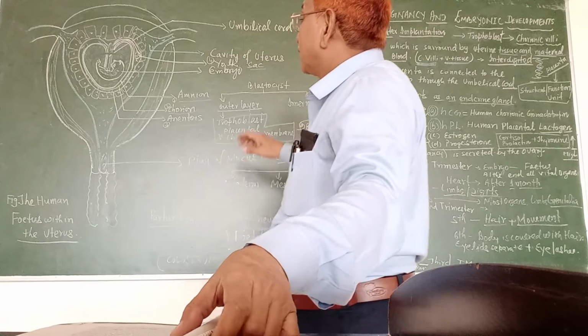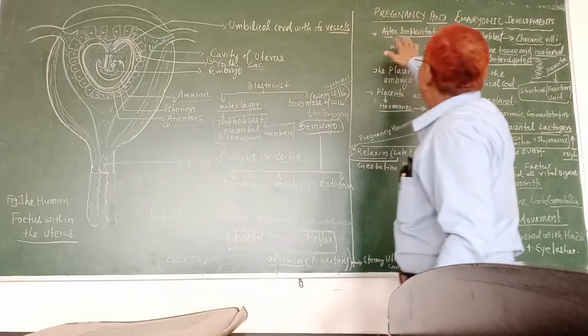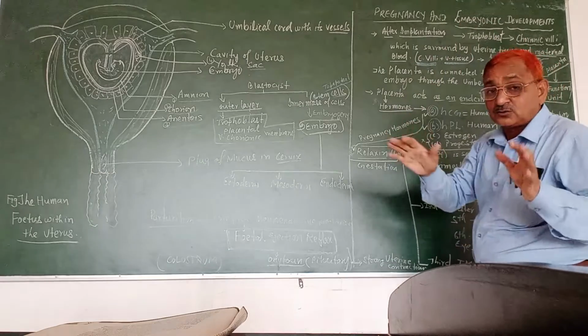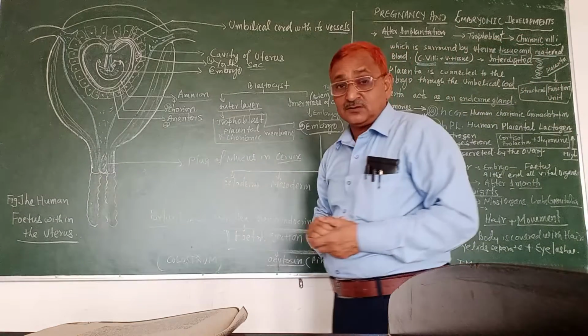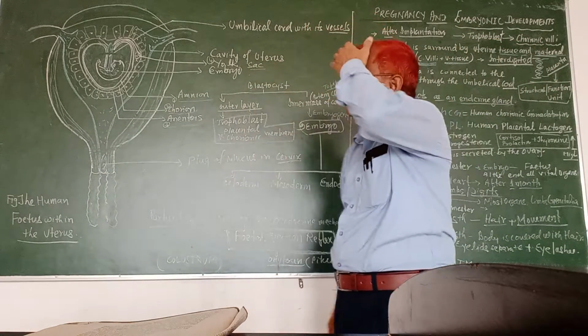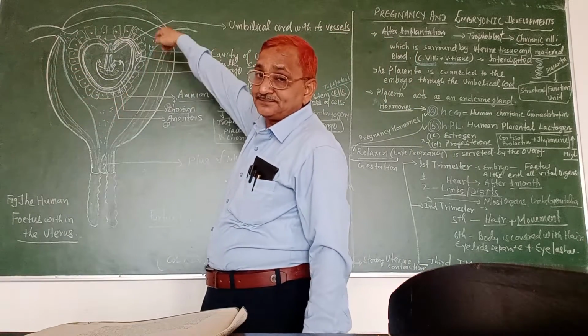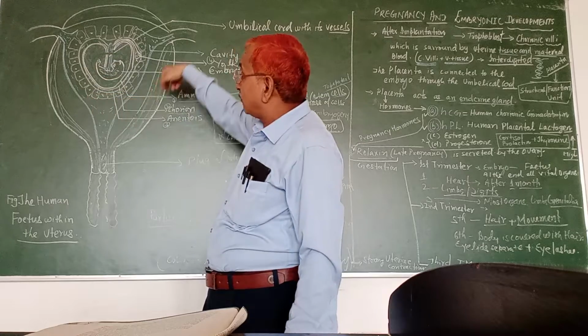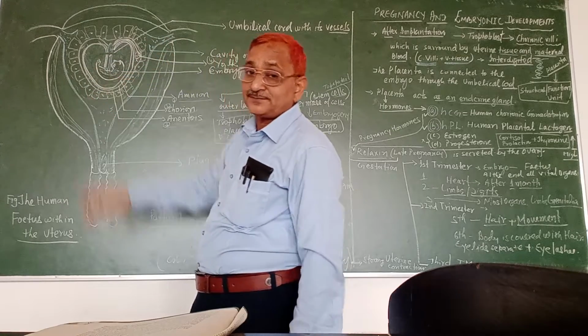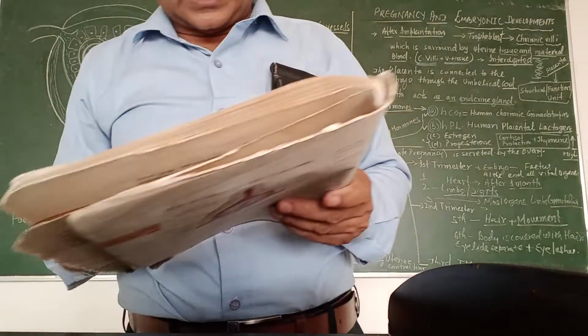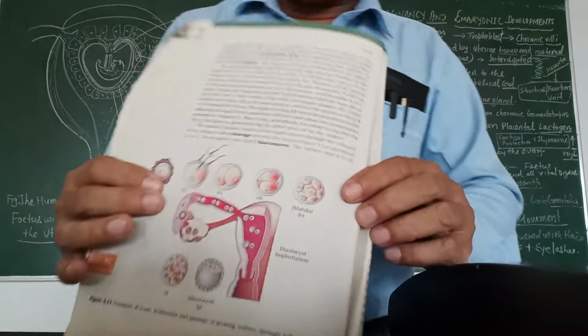So here, try to understand what happens during pregnancy and how embryonic development takes place inside the woman, inside the womb. This is the diagram of the uterus that you are all familiar with, where the baby is growing. The embryo is called the embryo here. You have studied this one.